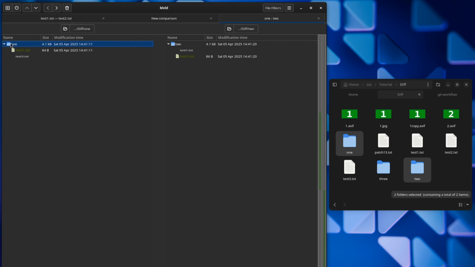So you can see here, it's telling me in folder number 1, there's a file called test1.txt, and notice the color. Then you see here it has the line crossed out. That means it doesn't exist in the one folder. But in the two folder, test1.txt is crossed out because it doesn't exist, and obviously test3.txt doesn't exist in the one folder, so that's why it's differently color coded. So one thing you can do is, because I have at least two changes here,